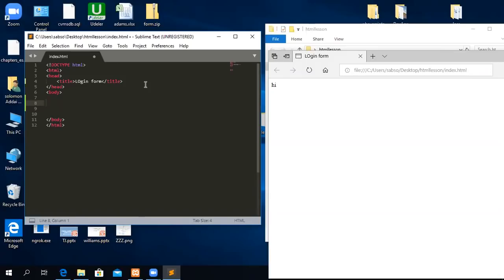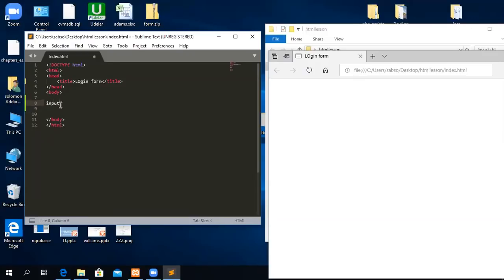So let's say you want to create a login form. Basically, you have the user label. That is the label showing the user that this is where you are supposed to type your username. And then you also have the one for password. And then you have the user text field and then the password text field. So if you want to create text fields, we call them inputs in HTML. You have to type input